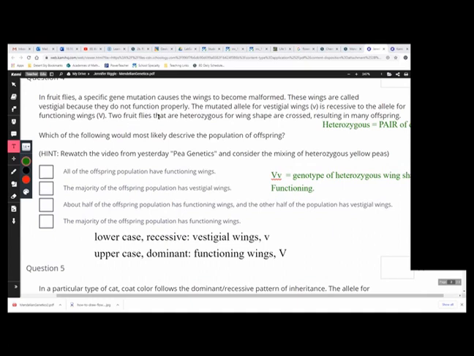So if we take 2 fruit flies, which are heterozygous, so both of them have one of each, we have a capital, lower, capital, lower. And we're crossing them, so we put a multiplication sign. We are literally going to multiply